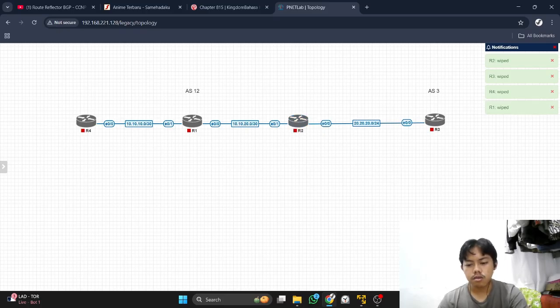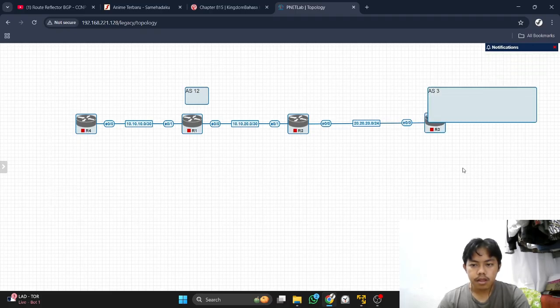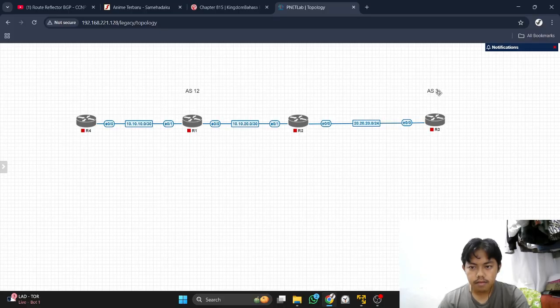First thing you should do is make the topology like this. After you create the topology, you start all of the routers.